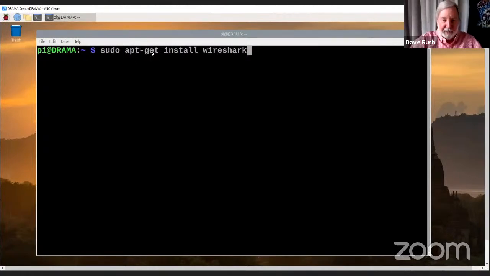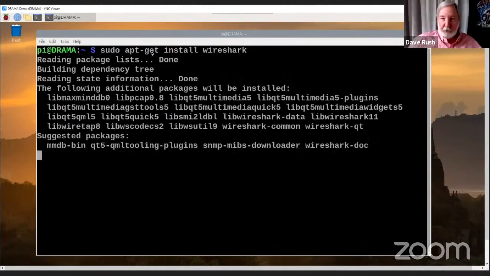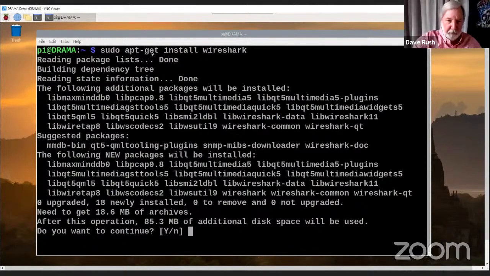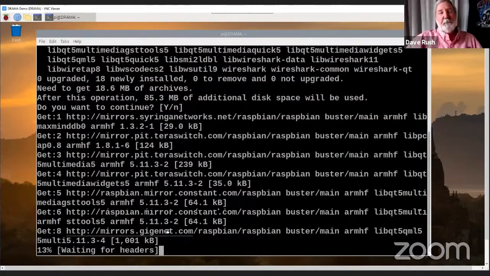They work almost identical. The install's not too long here, so I'm going to let you suffer and watch through it while we talk. You want to continue? Remember, if you get these, do you want to continue, yes or no, and one of them is capitalized, that's the default answer if you hit the enter key. So I could type in Y or N or simply enter, because yes is what I want, and that's what I did. And he goes, buzz, buzz, buzz, grind, grind, grind.